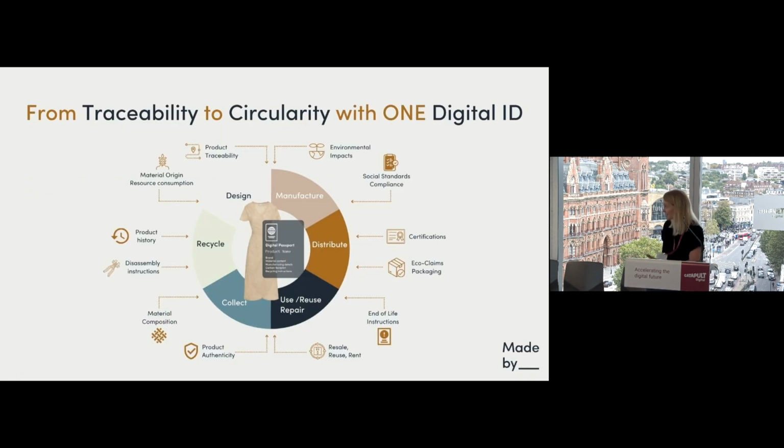And our SaaS platform basically works on product data all the way from what we call static data, so everything that is... Can you hear me okay? Sorry for that. I'll try to keep it here. So we collect and share data that is linked to the static information of a product,